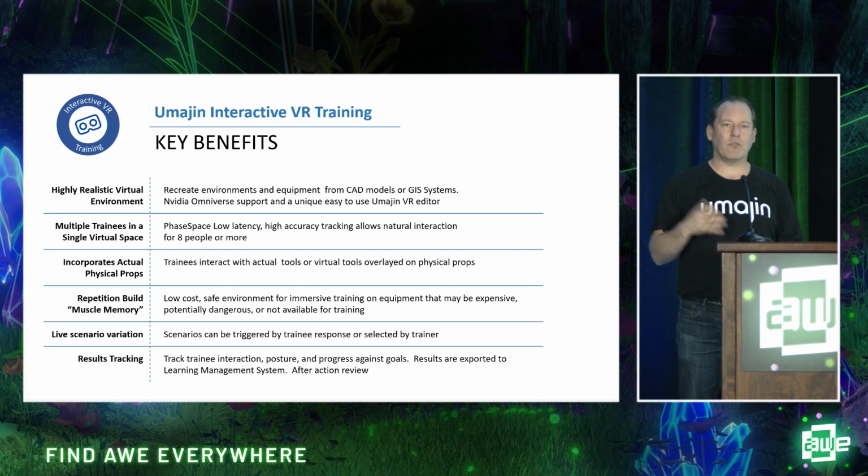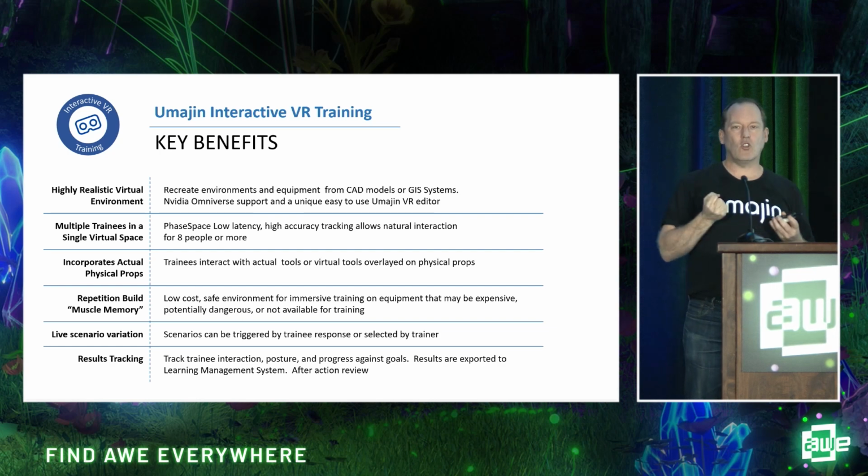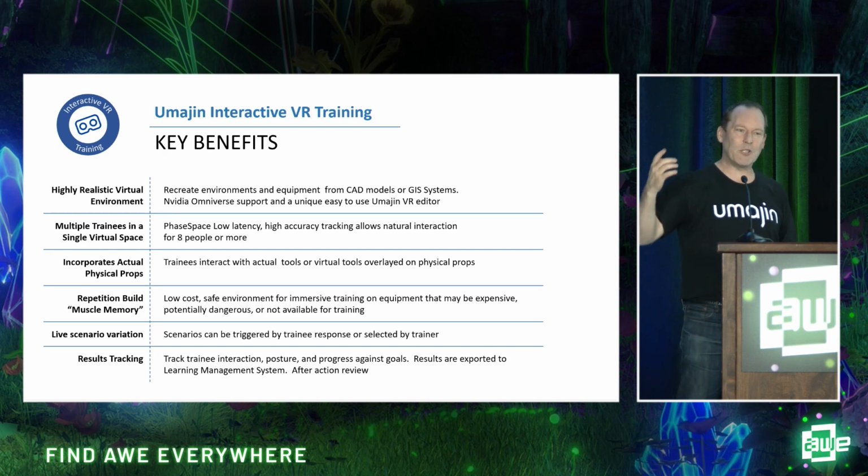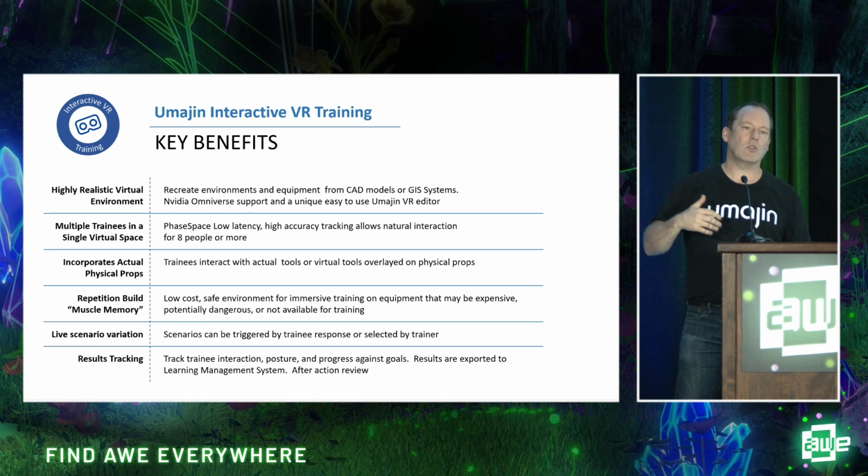The ability to have physics, so things will actually act with inertia. So when you're using the multi-lift, it's like you have elastic connected to your hands. You can't drag things faster than you would want. If you're not lifting the right way, you won't be able to lift your side. The ability to have actual physics, so actual props, actual car chassis that people are working on. It's crazy, to be honest, because it's like you've got this amazing haptic feedback, but it's because it's your real hand reaching out and picking up a real tool and pulling a real trigger. So those triggers, for example, are instrumented, they pass it back, and that will cause the action to occur inside the simulation. And if you think of what that means, all the welding animation,